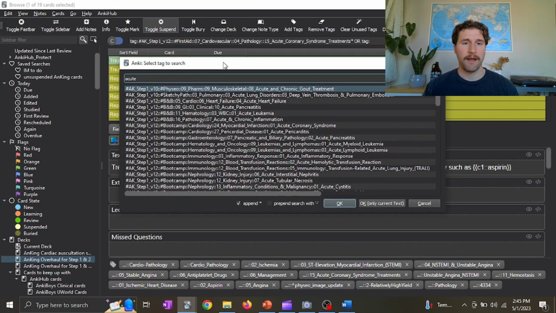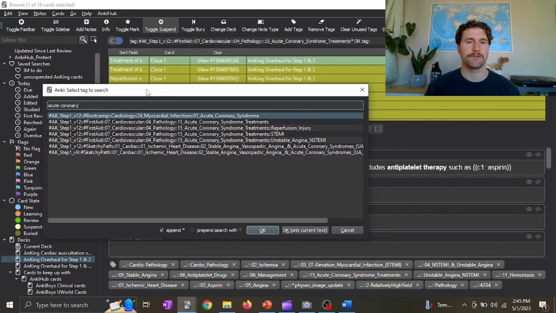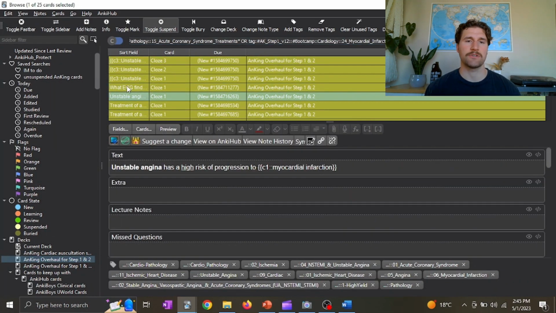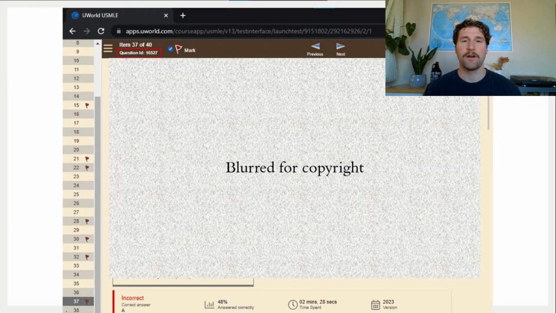You can also combine tags by doing OR searches or AND searches. As you can see here, I combined two tags with an OR search to find all the cards relevant to either tag. Now, another way that the tags are really, really useful is that there's been a lot of cards